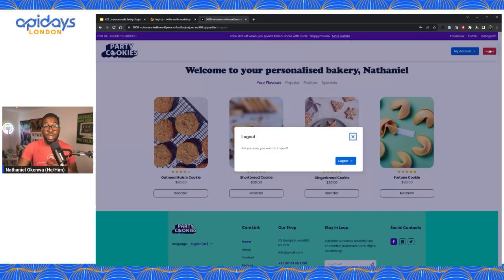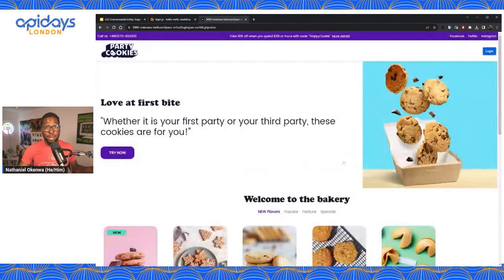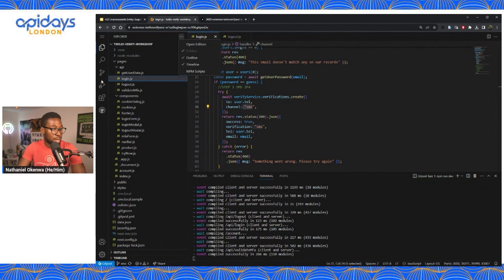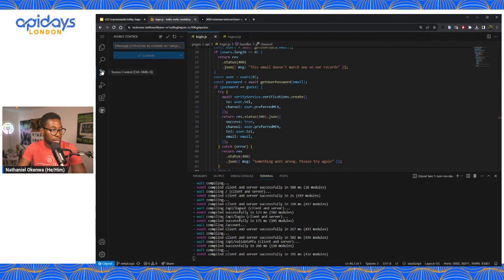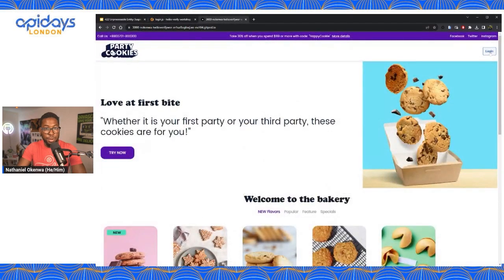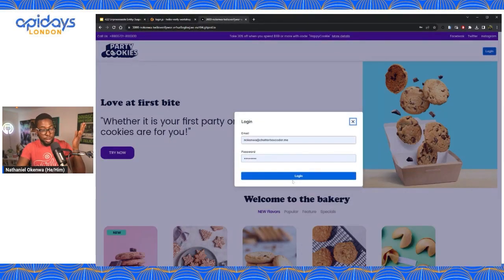Now, what we want to do is make sure that we can stop bad actors from just spamming one-time passwords, but we also want to give real users the ability to send another one. Maybe the first message didn't go through, maybe something went wrong. Sometimes things go wrong, and they can just trigger another one again. So I'm going to quickly switch to a branch that includes this retry logic. Let me just quickly show you what's going to happen, not in code, sorry, on the platform.